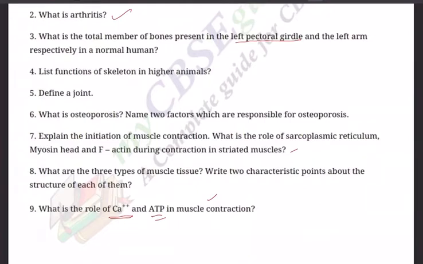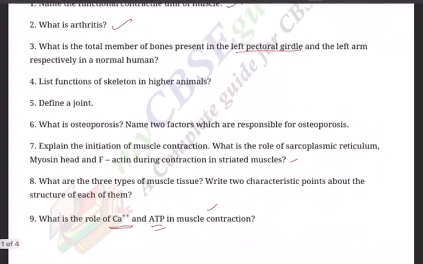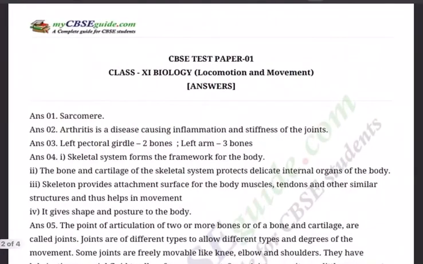For this, since it is a major 5 mark question, 2 things are a must. 1, diagram. Compulsorily you must draw a diagram. Label it correctly. If your diagram is correct, the examiner will understand that you have understood the concept. If you are not able to draw a correct diagram, or labeling is missing, then the examiner understands that there is some confusion in the concept. Hence, he will start reading your answer. But once your diagram is perfect and labeling is correct, the examiner will almost run through your answer. This is the technique in biology. You must draw beautiful diagrams. So keeping that in mind, let's see the answers part of it.